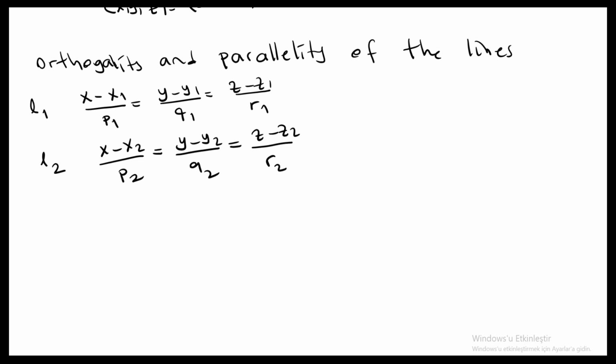Now from our previous lectures, we know two vectors are orthogonal to each other if their inner product is 0, right? So then we can write L1 and L2 are orthogonal